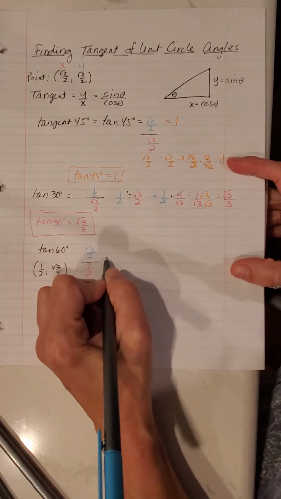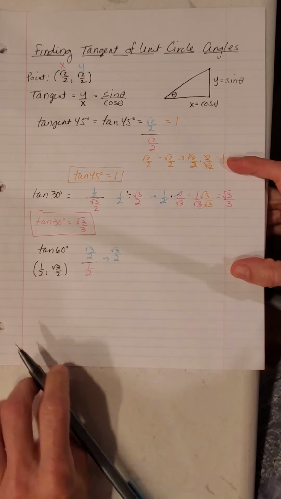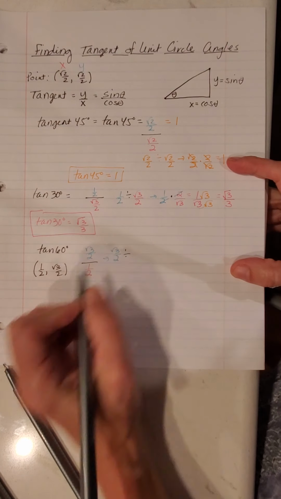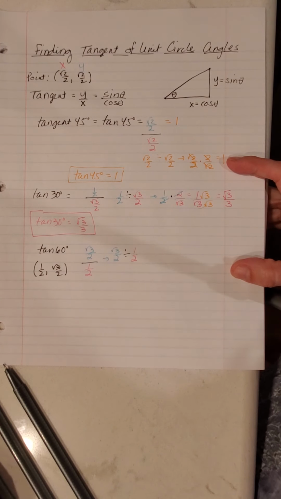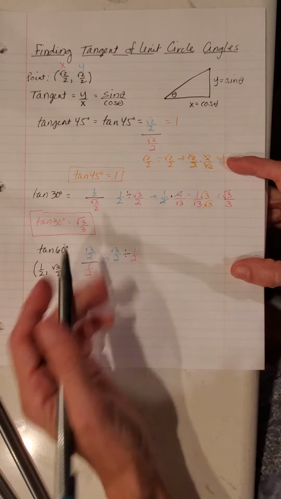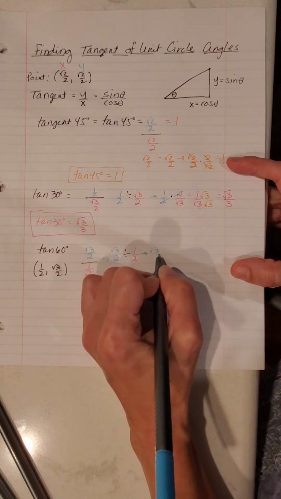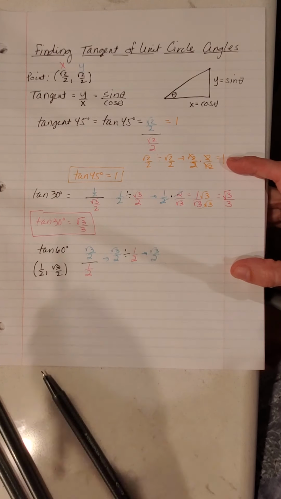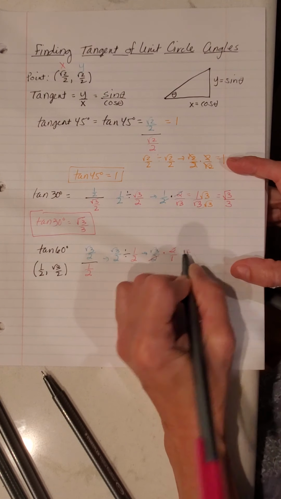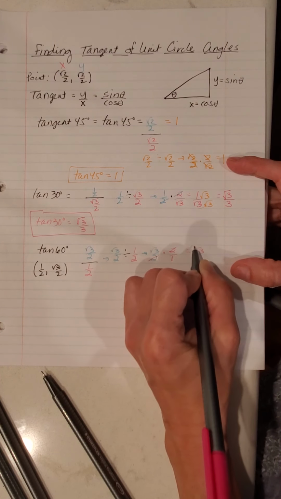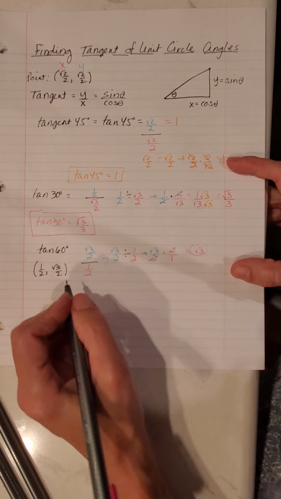When I do the fraction division, I have root 3 over 2 divided by 1/2, which is the same as root 3 over 2 times 2 over 1. Well, in this case, the 2's cancel out, and when I multiply straight across, I just get root 3. So tangent of 60